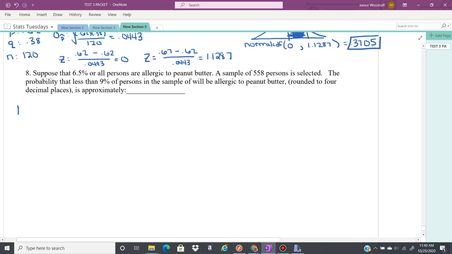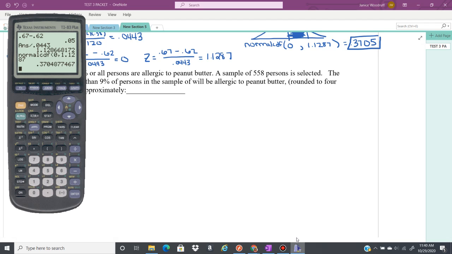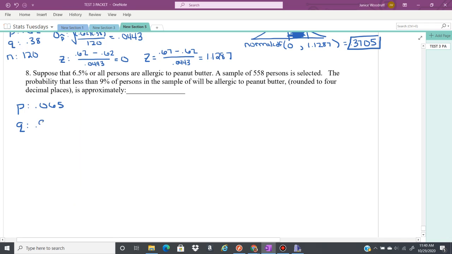The P is going to be 6.5%, so 0.065, which means 1 minus 0.065 is 0.935, but let me just check that. So 0.935. Our sample size is 558. Okay, and then we need a standard deviation of this sample. So that is going to be the square root,